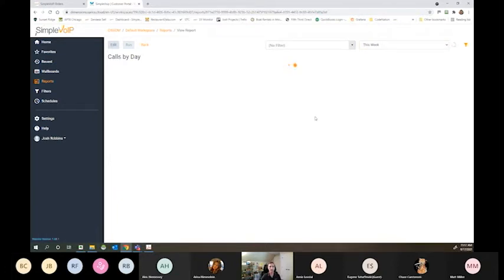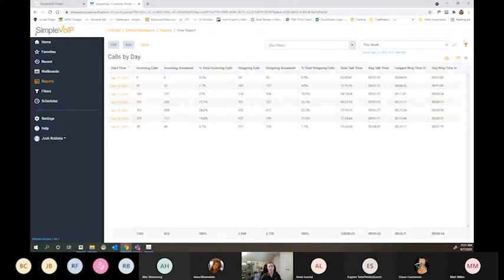On top of this, if I want to add filters for any report, you see up here I have a little filter icon, or I've got a drop down here. The drop down gives us pre-built filters, and that's from over here on the left, filters. I can build pre-built filters like this one I built for incoming only calls. And if I apply that,